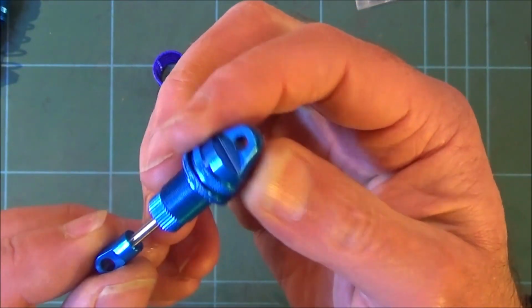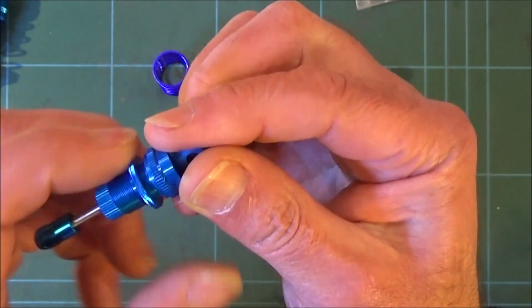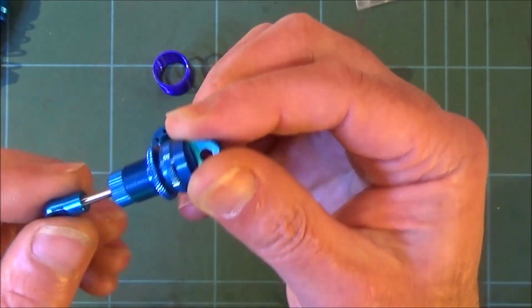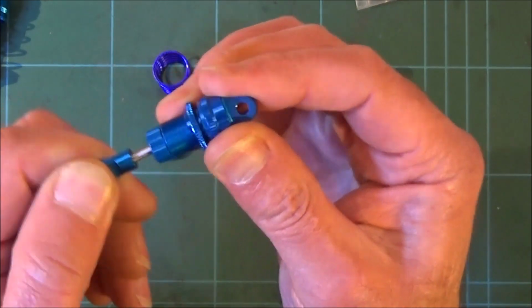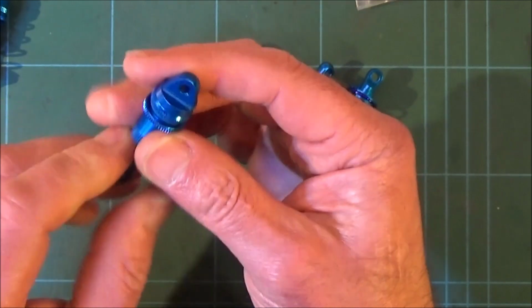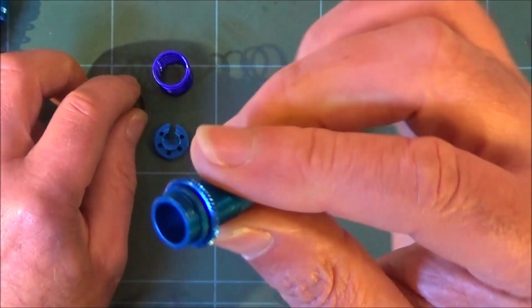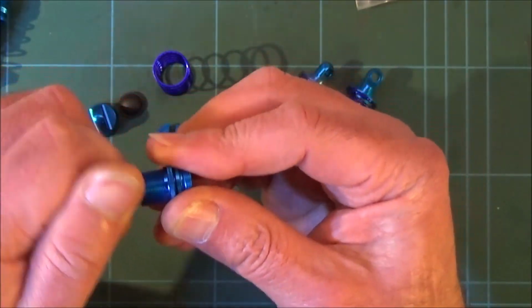If you look at that, there's a threaded adjuster there for your preload, so you've got infinite options for your preload, which is really good. And as I say, they are very nicely machined. There's no movement at all. They're very tight, but upon inspection, if I take the top cap off, there is no oil, and that friction that I can feel is caused by